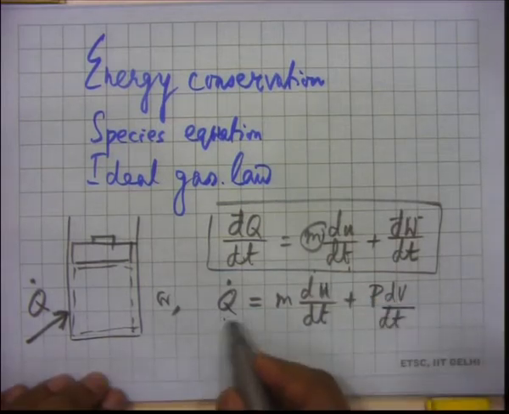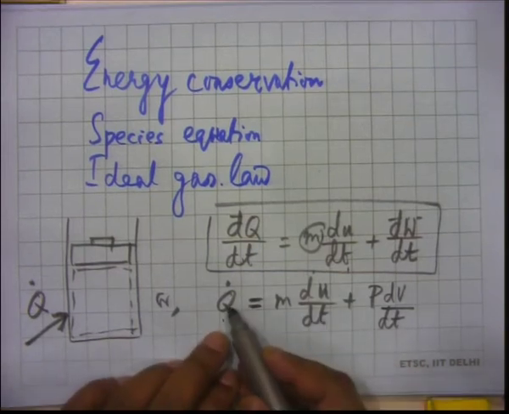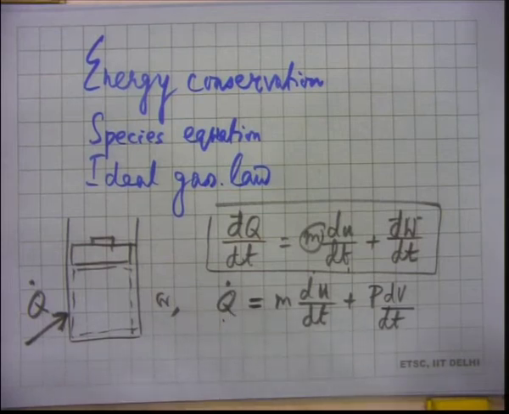Now, this q dot, as one of you asked, do we say something about this q dot? Q dot is something which we will just keep as such in the form of q dot. So, q dot will be part of the system of equations that we develop. We are trying to develop a system of equations with associated initial conditions, so that we can solve the whole system with those initial conditions and get temperature and concentrations and volume as function of time. That is the summary of the problem. So, somewhere q dot will appear, and you have to give information on q dot.